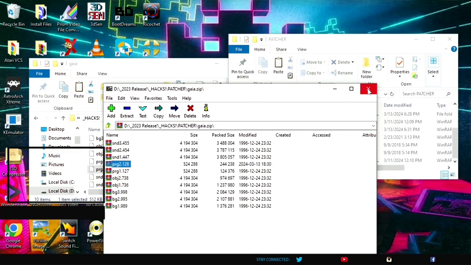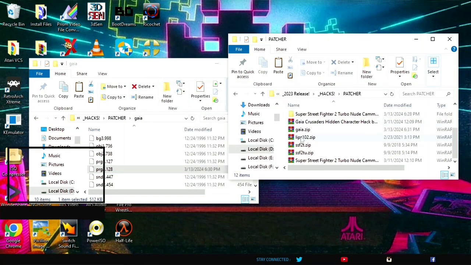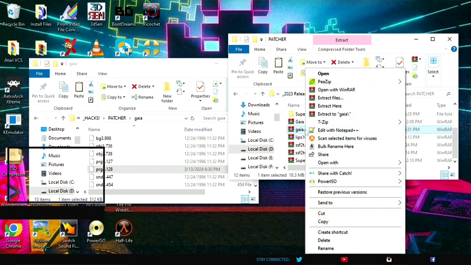And again, if you want to test this now, hit me up on Discord, Reddit, YouTube, etc., and I'll drop you a test build so you can run these, once you apply the patches. But as of now, this game is now applied with the patch for Gaia Crusaders hidden character hack. That is awesome. So you can just load this directly as this with the updated FBNEO Extreme Amped Core and